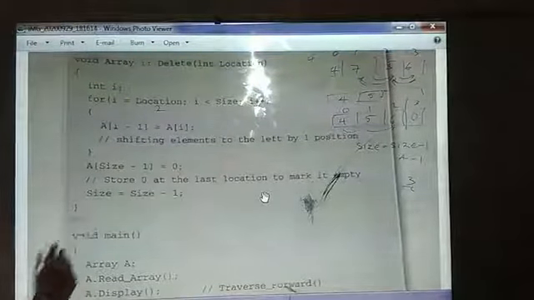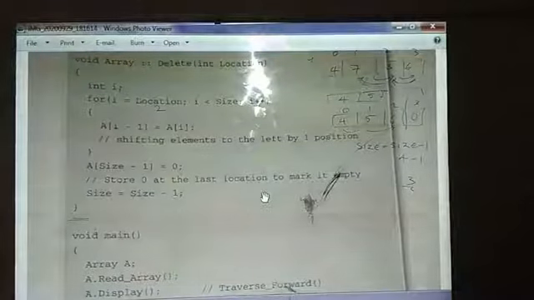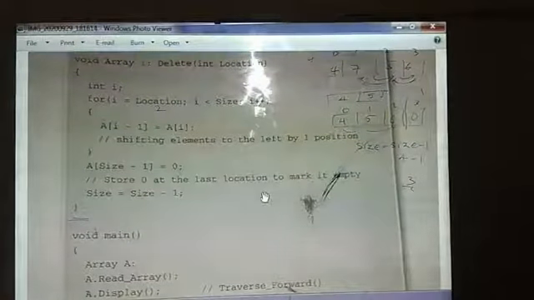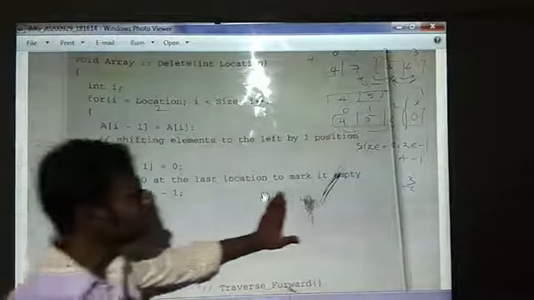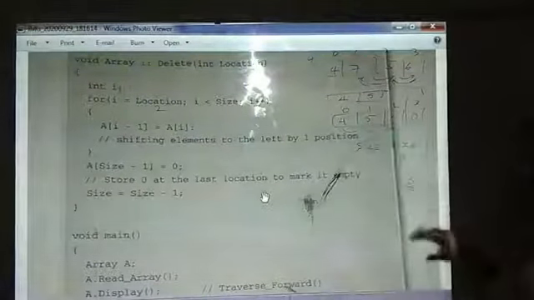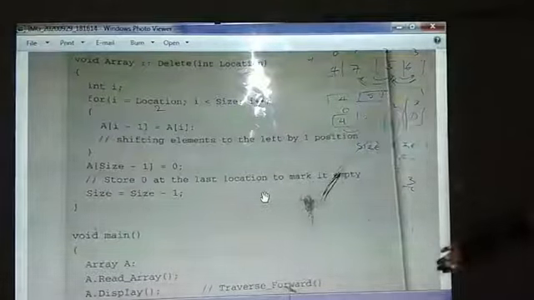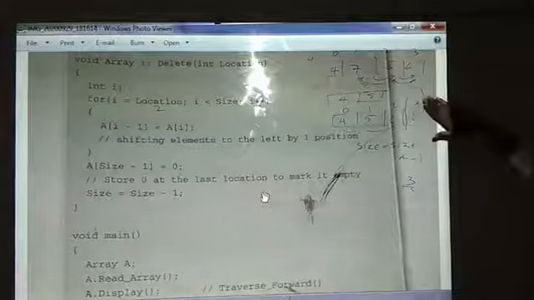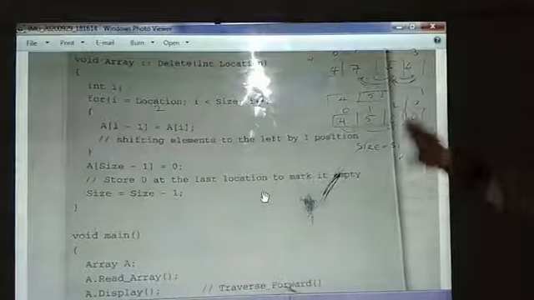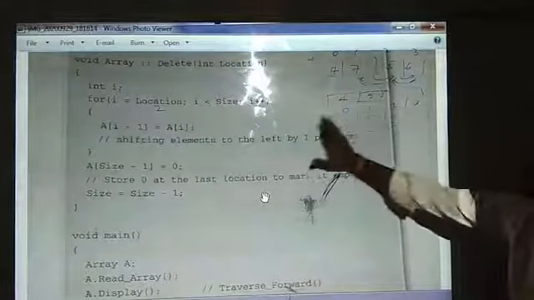Like this we are eliminating the element from your array, I can say, in order to delete a specified location from your array. See here, I hope you understood this particular concept. This is a simple logic for deletion of element at a specified location. You have seen the example also. I hope that you have understood this.